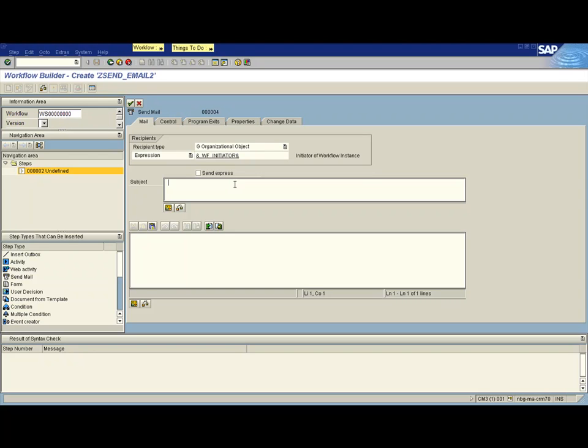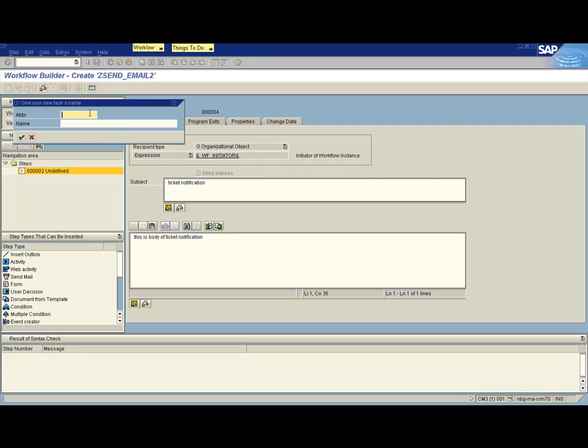And this here is the subject line, and choose, for example, ticket notification. And the email body, you choose, this is the body of ticket notification. And check if the task is already okay.